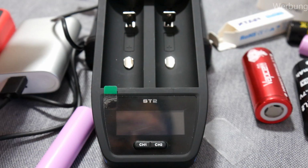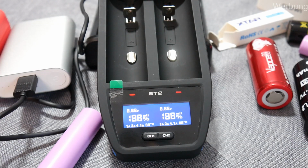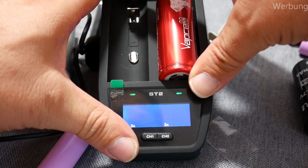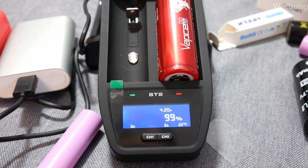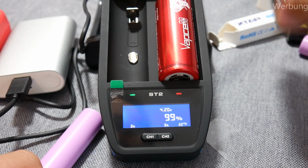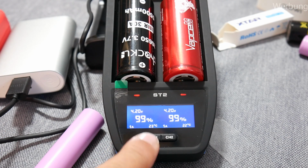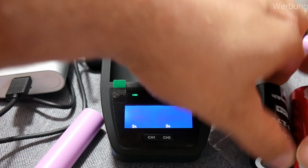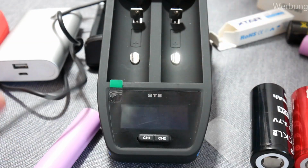So let's try. Now I connect my limited power supply, which is this power bank, and you see it sees 2 amps as possibly maximum. Now I push in one battery, so I can choose 1 or 2 amps, but not higher because it's limited by the supply. If I have 2 batteries, you see it jumps down. Only 1 amp is possible and I cannot choose a higher amperage. So now connected to a quick charge